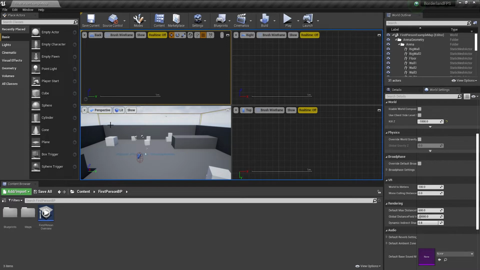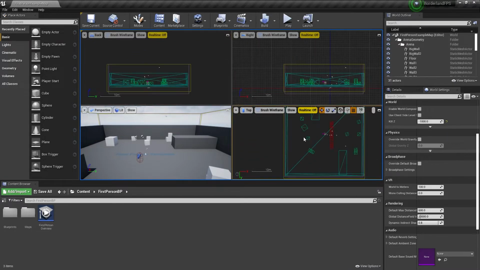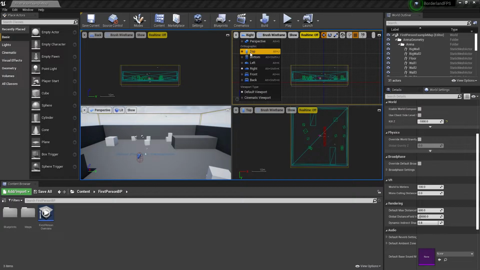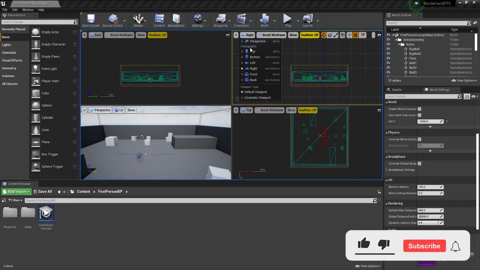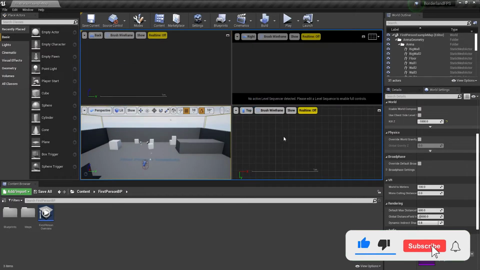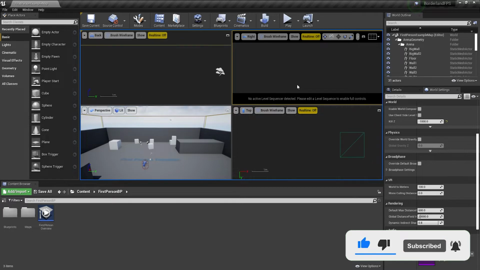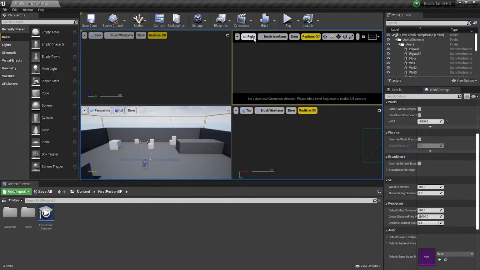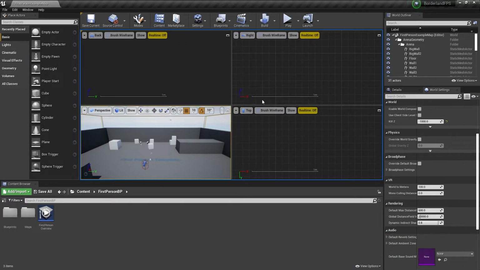This is, as you can see, the perspective view, this is the back view, this is the right view, this is the top view. You can change the camera from here also. You can also select the cinematic view and again go back to default.